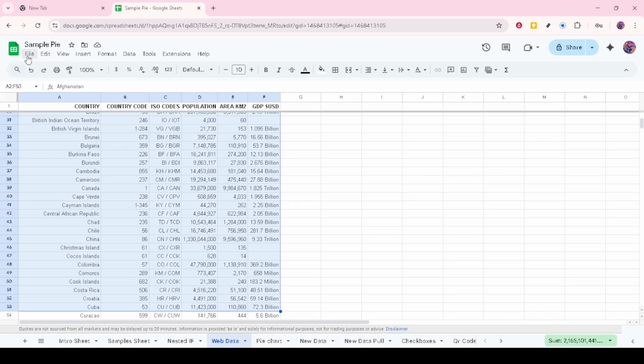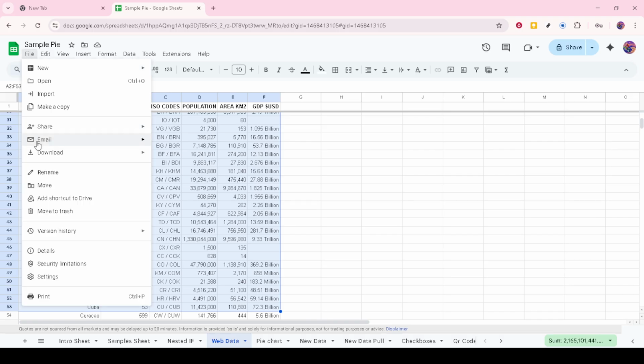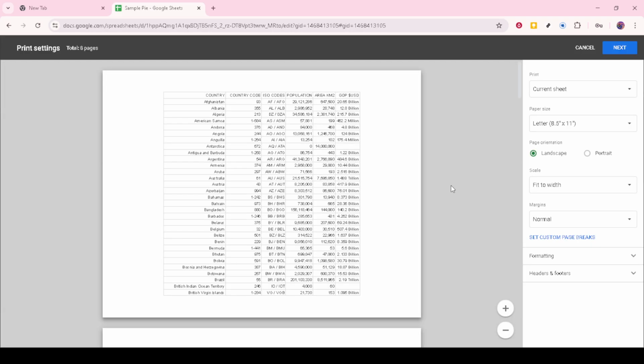Now that you're in the Print Settings menu, look to the right side of the window where you'll find the Settings panel. Here, you'll see a drop-down menu right next to the word Print. Click this menu to open your print options. Since we're interested in printing only the cells we've selected, you'll want to choose Selected Cells from the drop-down. This ensures you're not printing other areas of the sheet by mistake.